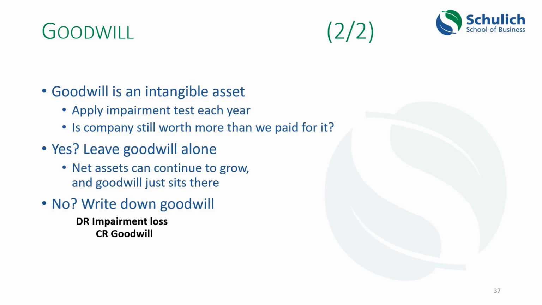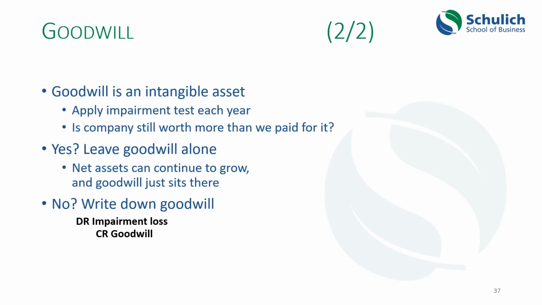So in the previous example, we had $794,000 worth of goodwill. If the impairment test indicates that the investment in that other company should be written down by $100,000, we would reduce the goodwill from $794,000 down to $694,000, and all the other assets and liabilities that are recorded in the balance sheet at fair value would stay there.